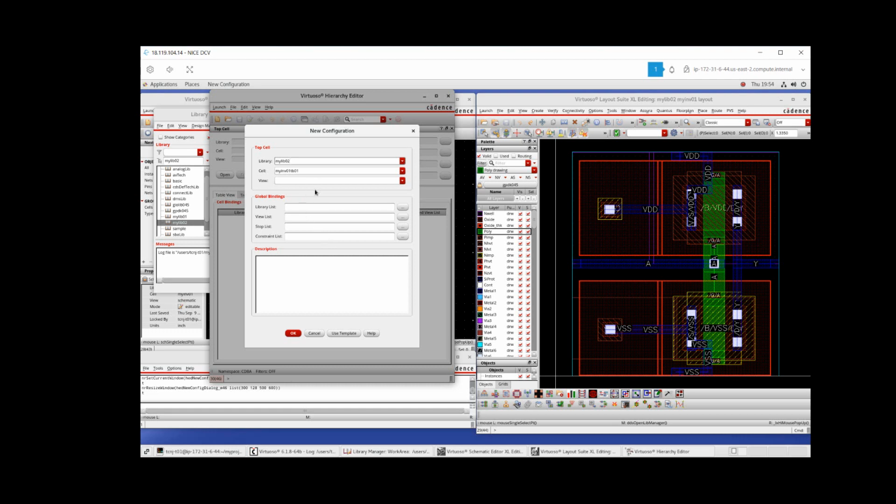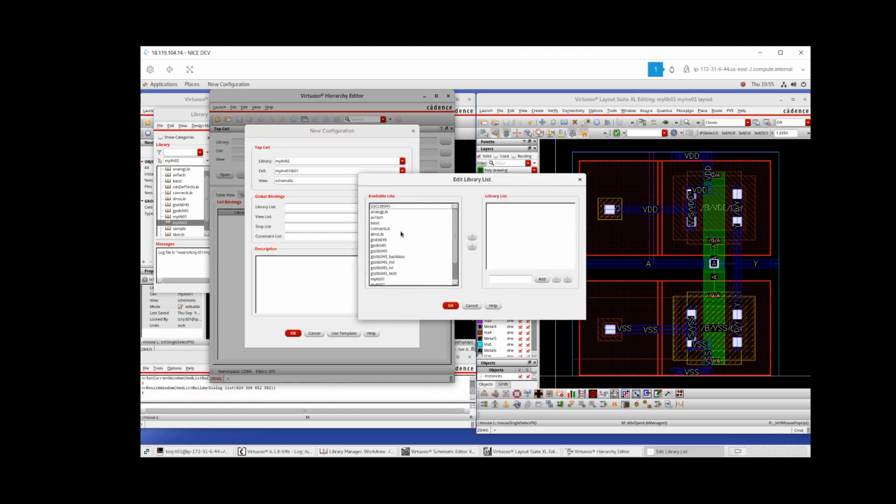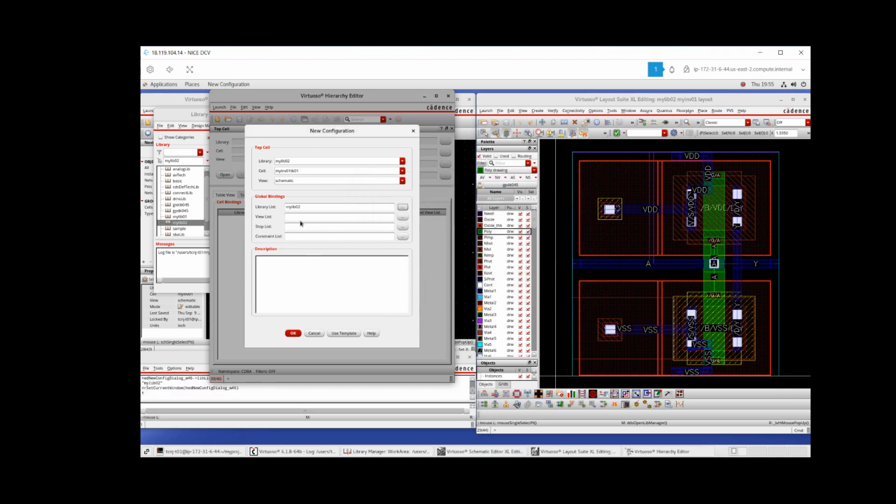So once that comes up, you select the view, which should be a schematic, and then from the library list you're going to select your library, which is mylib02 in my case, and you're going to add it to the list and say OK. Then for the view list,